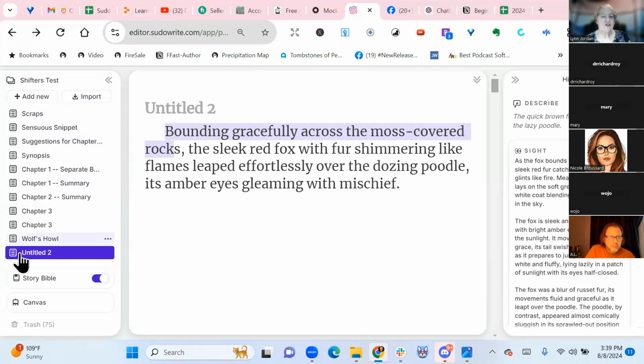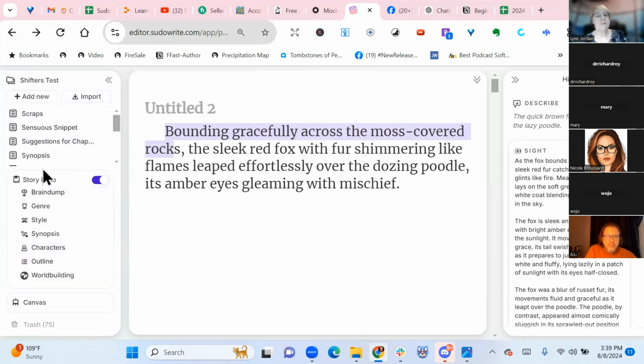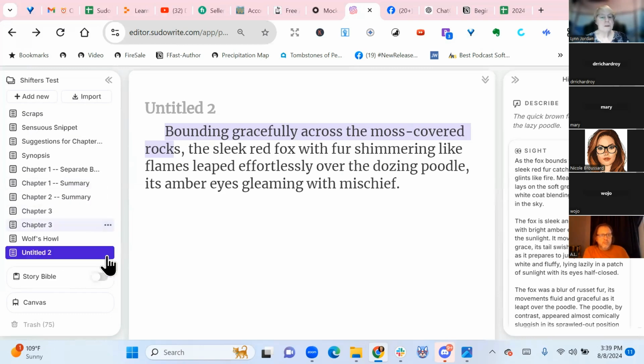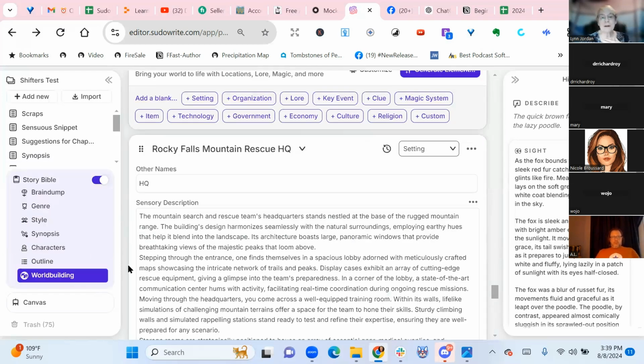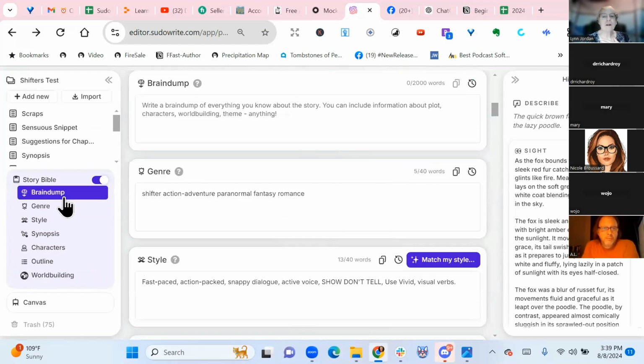So here is the gem of Sudowrite, the story Bible. You can turn it off, you can turn it on, it doesn't matter. When you come into a project, it will be off and you will have to turn it on. If you know a little bit about your story, but you don't know much about it, you can start here